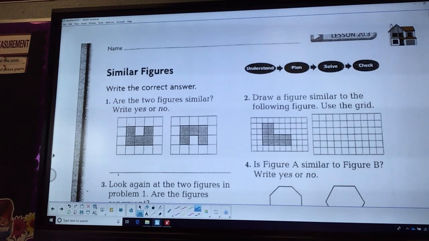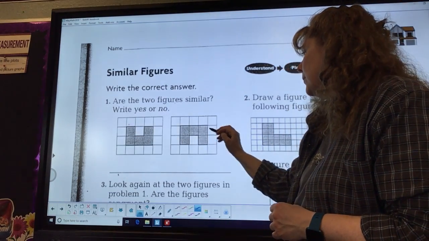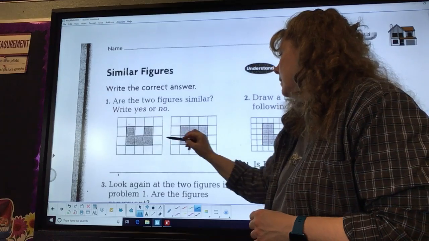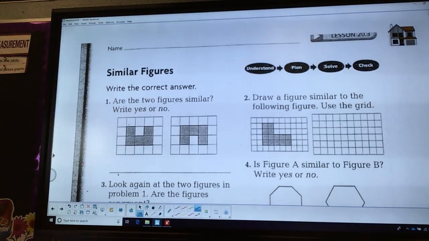It says write the correct answer. You may refer back to your pages in your book. Remember, those are on pages 412 and 13. You have to tell us if the two figures are similar. Write yes or no. Now remember, they don't have to be in the same position. For example, if I look at this first one, 3, 3, 1, 1 on top. They're in different positions, but they're